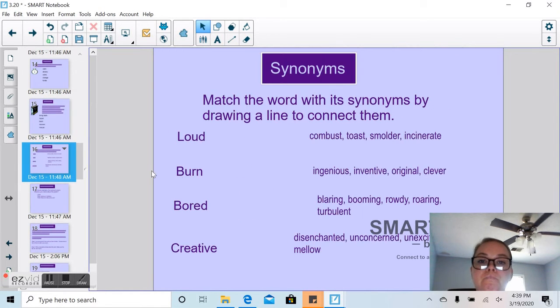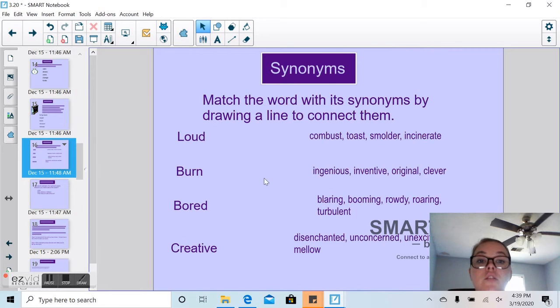So we're going to go ahead and figure out what these words over here, we have loud, burn, bored, and creative. We're going to use these words and we're going to connect them to these synonyms over here on the right. So, what would a synonym for combust, toast, smolder, and incinerate mean? Now, if you don't know, you can always go back to your thesaurus, or you can think, okay, I know